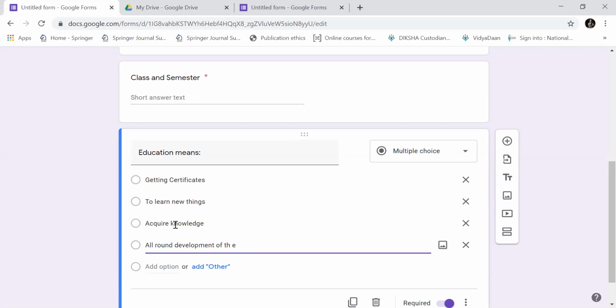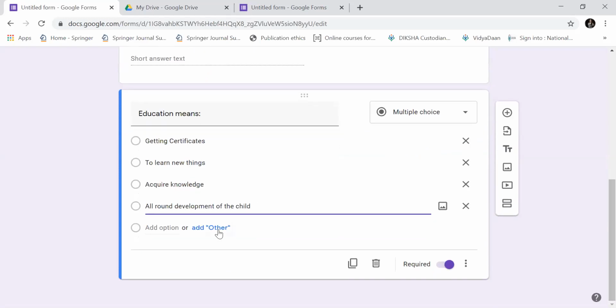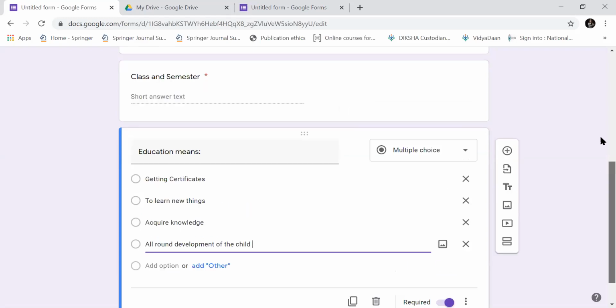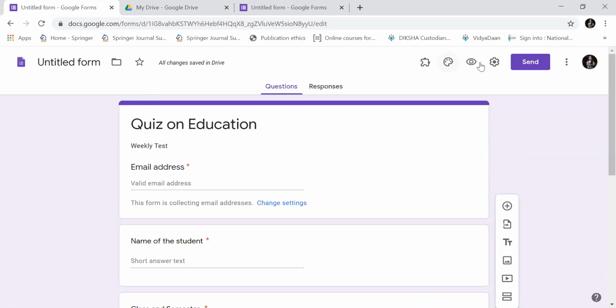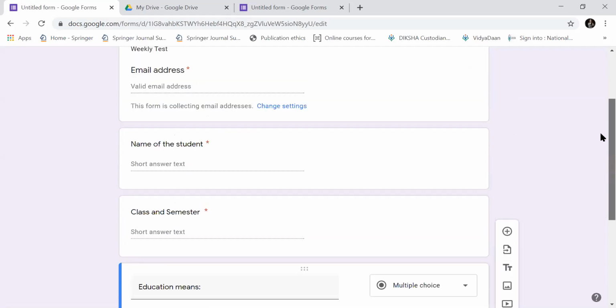Now, you want to create a quiz, so you need a right answer over there. So here there is no option of answer. So what I have to do is I have to go to settings. You can go to settings before starting your quiz also, when you type the email address and name of the student, but we can also go afterward.